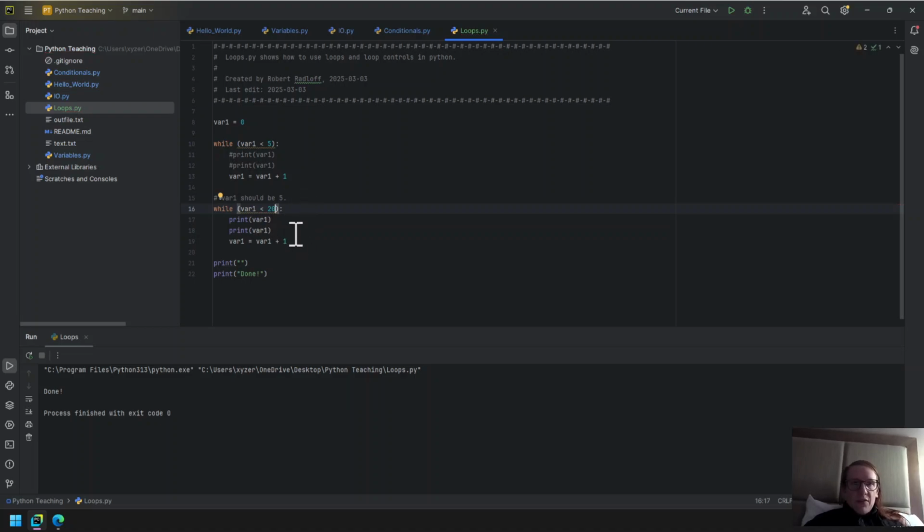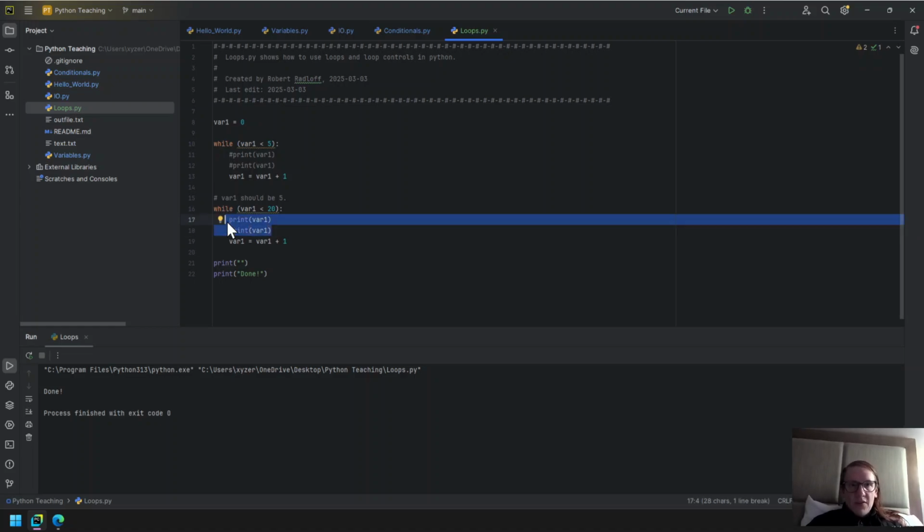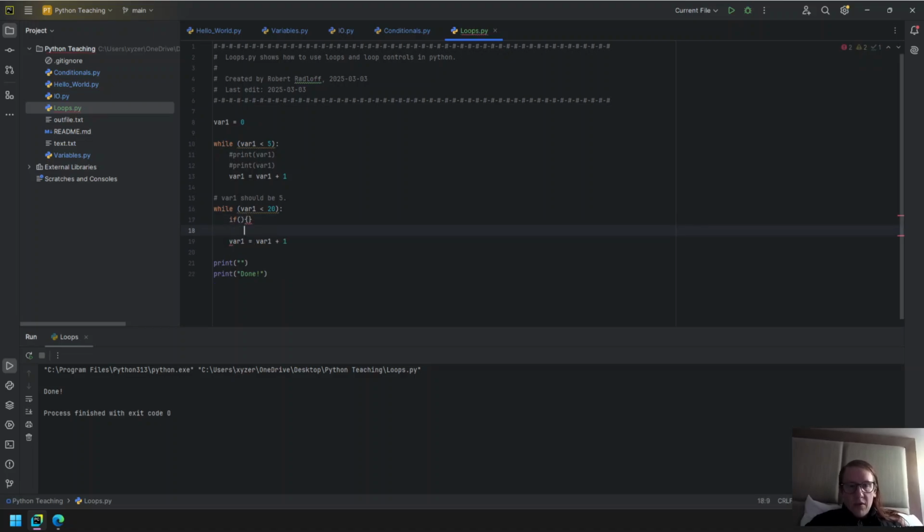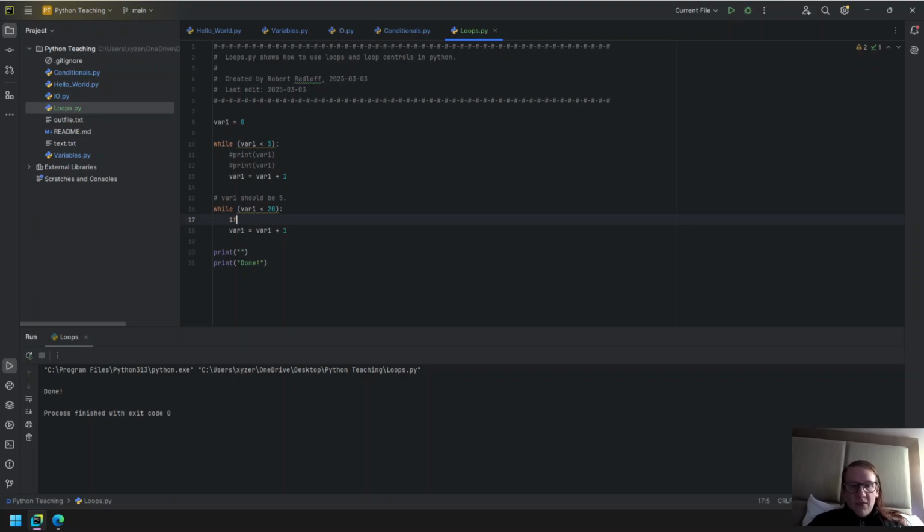So let's say we only wanted to print the odd values of var1. So you could do a simple if statement. If, sorry, thinking in C suddenly. If colon, because we're working in Python,